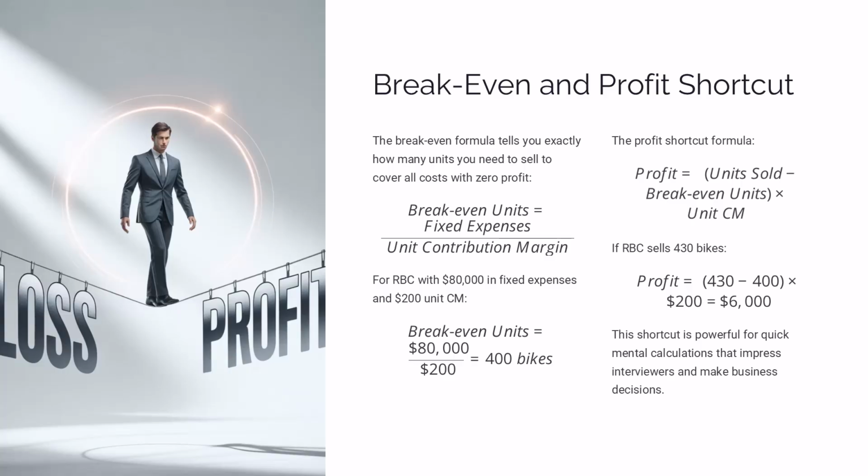Think about Netflix for a second. They have roughly $15 billion in annual fixed costs for content production and technology infrastructure, and with an average contribution margin of $8 per subscriber per month. They need $15 billion divided by 8 times 12 months equals 156 million subscribers just to break even, which is why they panicked when they dropped to 155 million subscribers in 2022 and immediately launched the ad-supported tier to get